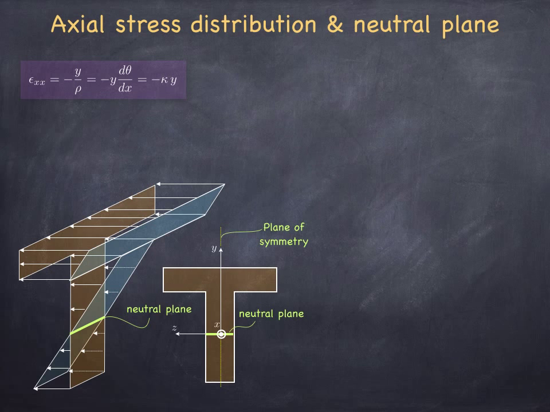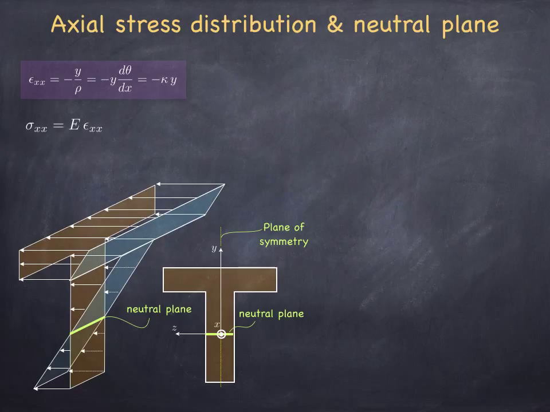So here's a plan view of the cross section. We see the neutral plane. X is the axial coordinate that is coming towards us from the plane of the slide, and y and z are the cross-sectional coordinates. Since there are no other strain components acting on this deformable body, the linear elastic constitutive